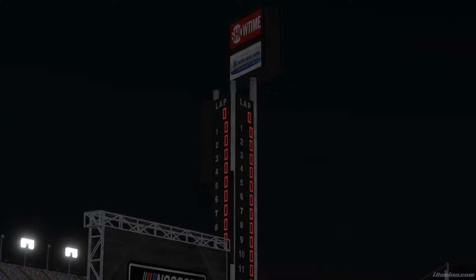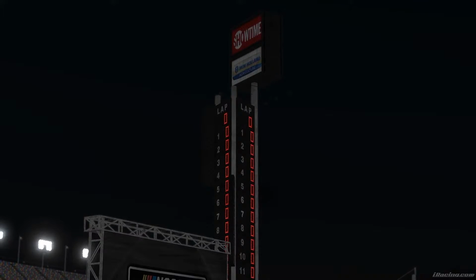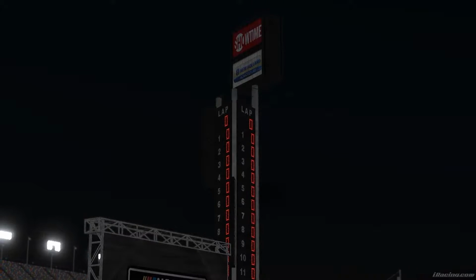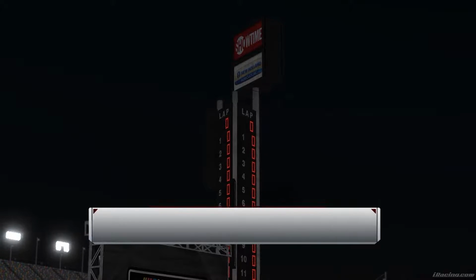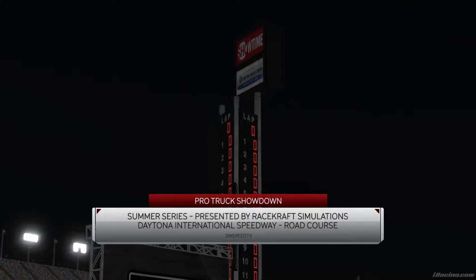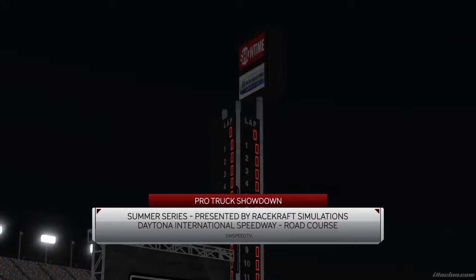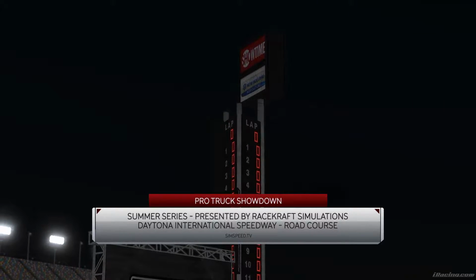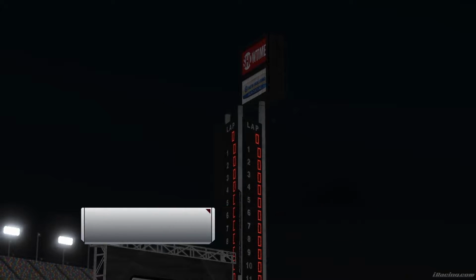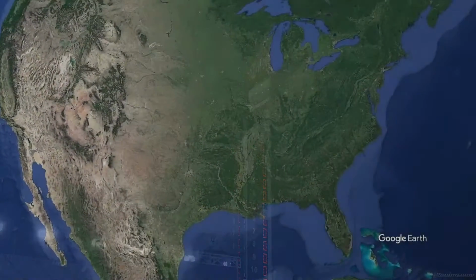Welcome one, welcome all to night time at Daytona International Speedway. This is week 2 of the Pro Truck Showdown Summer Series presented by Racecraft Simulations and Scamander Coffee Mug. Really looking forward to seeing how things go because we've traded one combined road and oval course for another. The first round of the season at Charlotte Motor Speedway threw up some awesome racing, some crazy incidents, and some very unexpected results. And we're sure to see the same here tonight at the magnificent Daytona International Speedway road course,